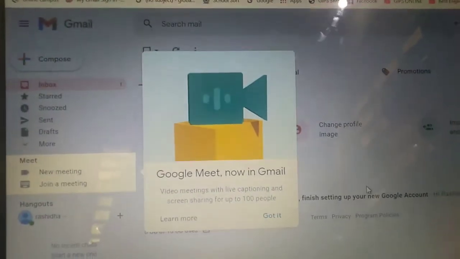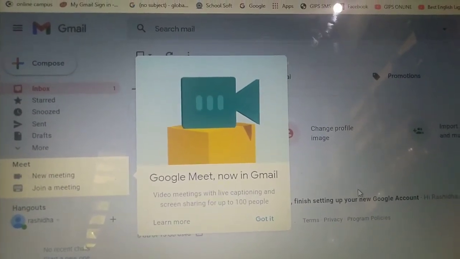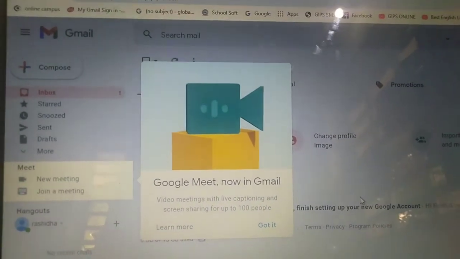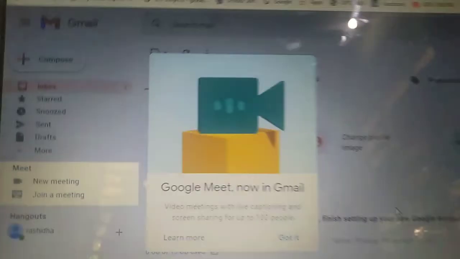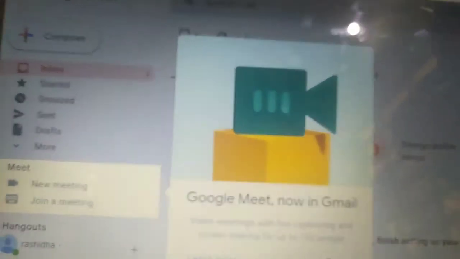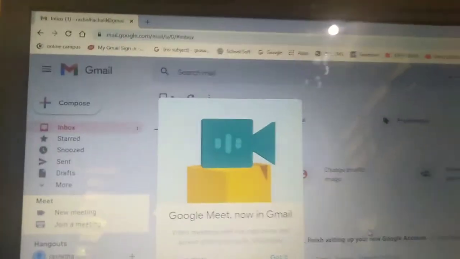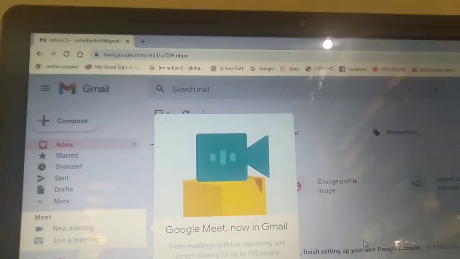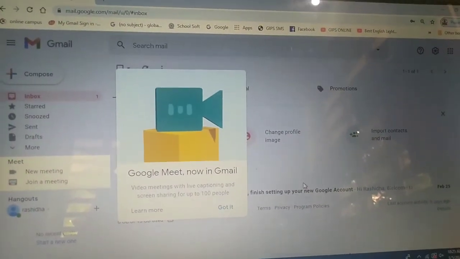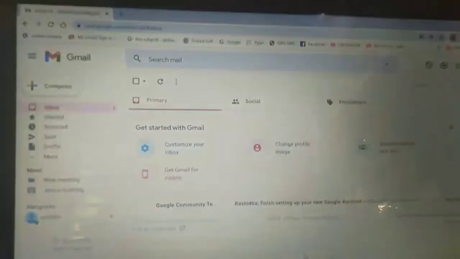In most cases your email account is displayed. In that case you do like I showed just now: only enter your password. After that you get an email window. This is your email account.